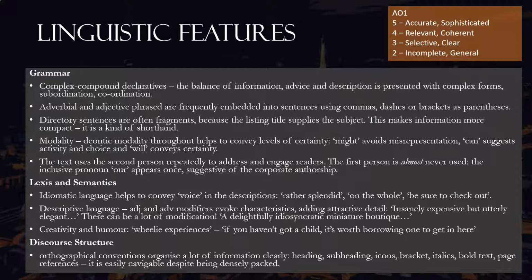With regard to the grammar, there are all manner of grammatical forms, but predominantly there are complex, compound, declarative sentences. These are information-rich, dense sentences with a balance of information. These complex forms include subordination and coordination, and of course listing forms. Coordination can be used to list information, and if you read the descriptive and advisory sections, it has actually quite a fluent style, a fluent register.